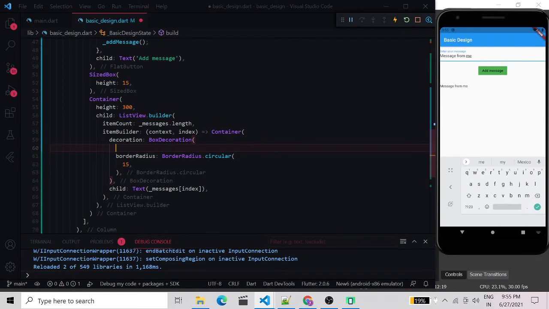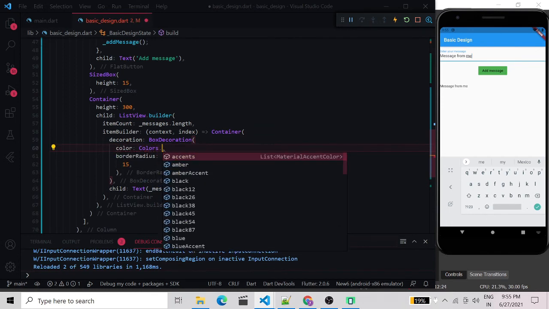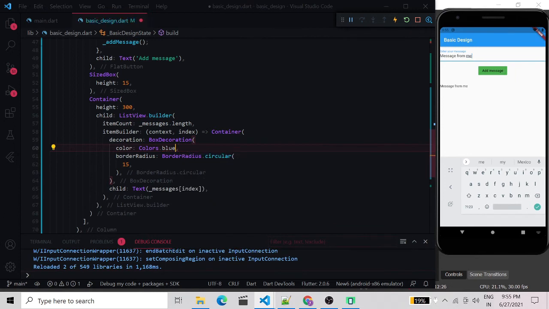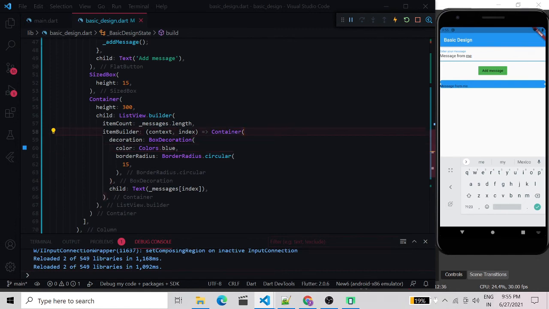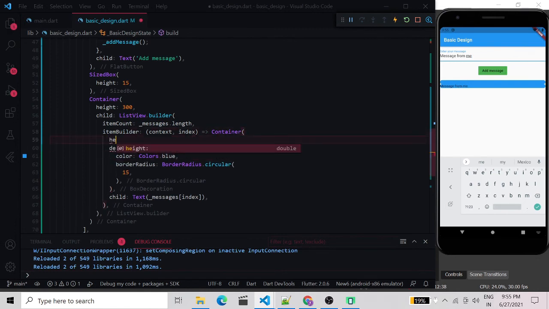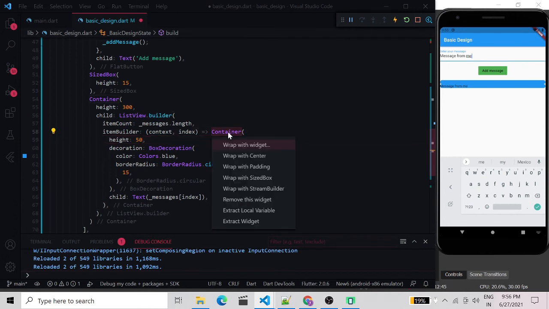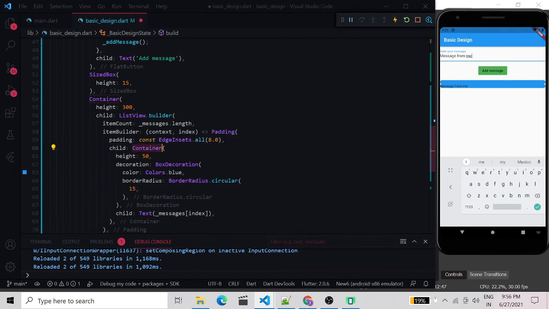Just to differentiate, give a color to this container so that we can see it. I have given blue. Now you can see there is a message from me and another blank container. We are not able to see that one. Give a height to this container of like 50 and give padding to this container again so that there will be a gap between each message.